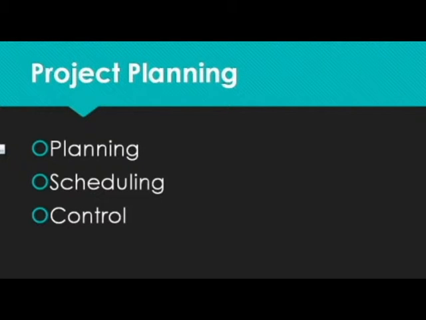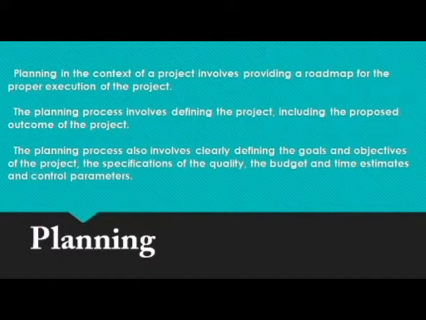Next up, we have project planning and the 3 things under it. We have the planning, scheduling, and control. Planning in the context of a project involves providing a roadmap for the proper execution of the project. Roadmap meaning you write the things that you need to do in developing your project. The planning process involves defining the project, so what kind of project you need,